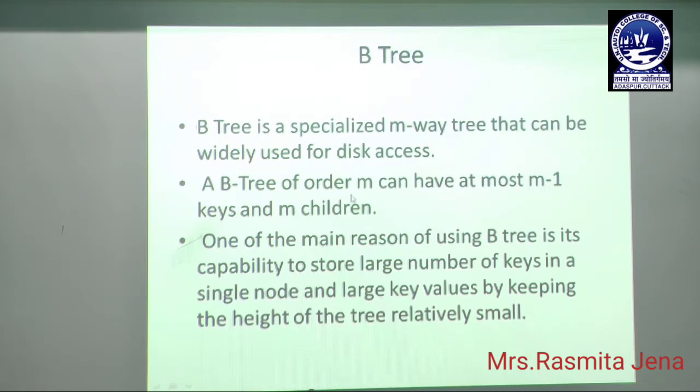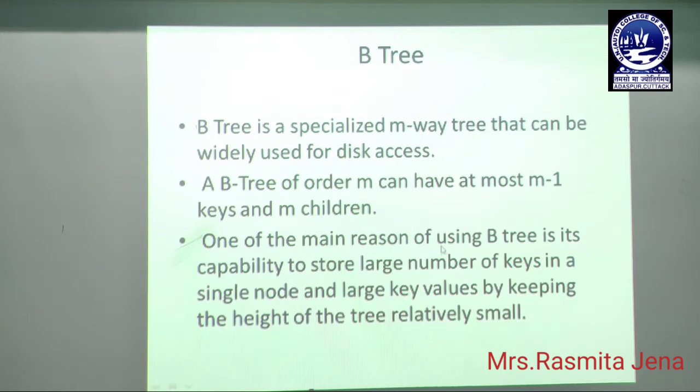As per the condition of an M-way tree, a tree of order m has at most m minus 1 keys and m children, and the same condition applies in the case of a B tree.